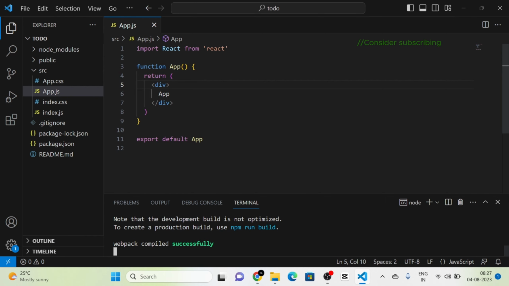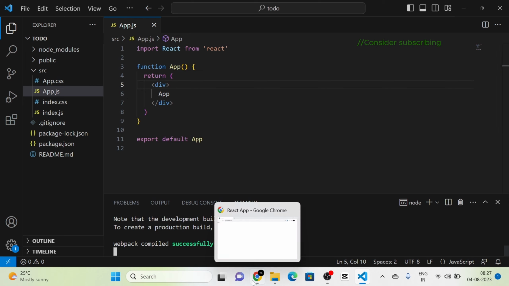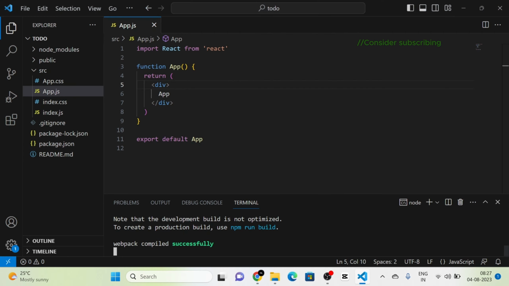So I have created a new React.js project using create React app and removed all the boilerplate code and unwanted files. And I have run the code. You can see the project here. Okay. So next I'm going to do is to